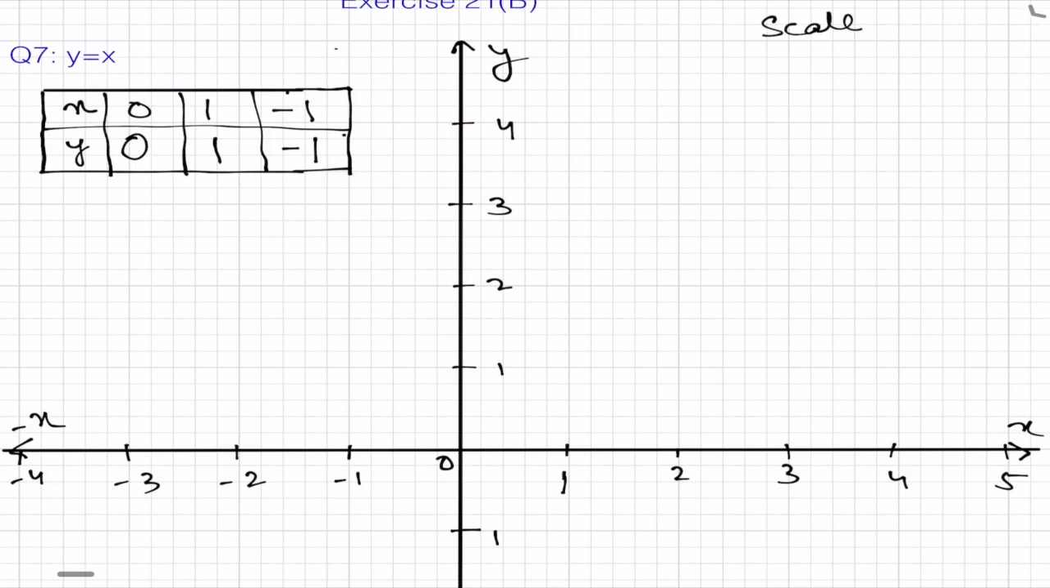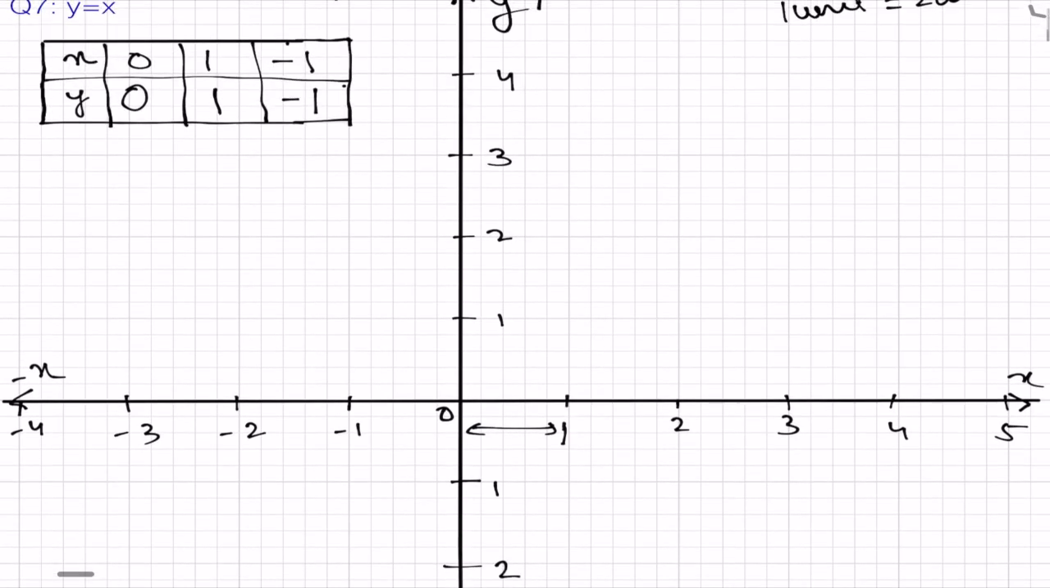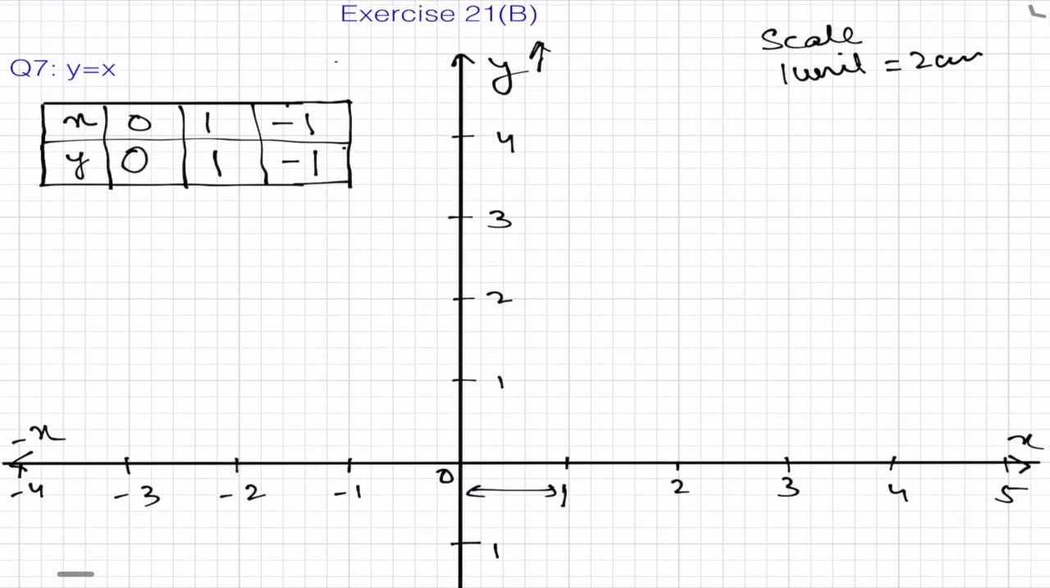Here the scale, I have taken this complete 2 centimeter. This 2 centimeter is equals to 1 unit. So write down the scale. I have divided the graph paper. Again, the horizontal axis is known as the x-axis and the vertical axis is known as the y-axis. The right side of the x-axis is positive, left is negative, the top of the y-axis is positive, the bottom is negative. The origin is the meeting point of both x and y, where the values of x and y